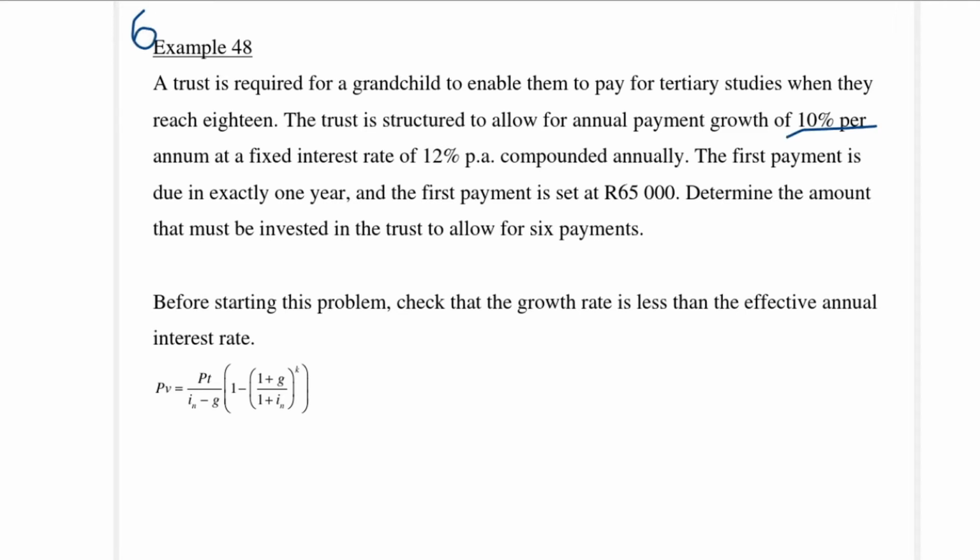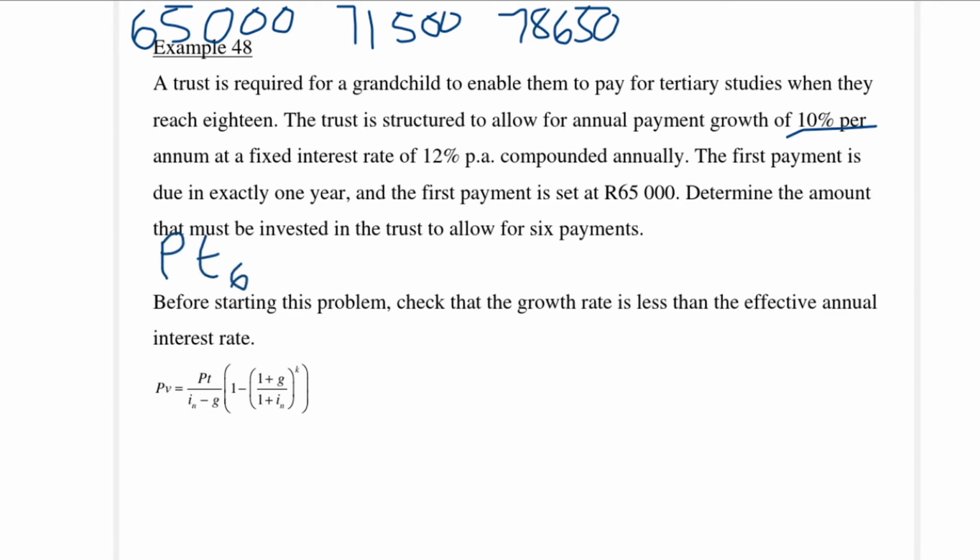So my first payment is 65,000 rands. The second payment will then grow at a 10% rate. So the second payment will be 71,500. The third payment, 78,650, and so forth. If you would like to get the last payment, the sixth payment, then payment 6 will